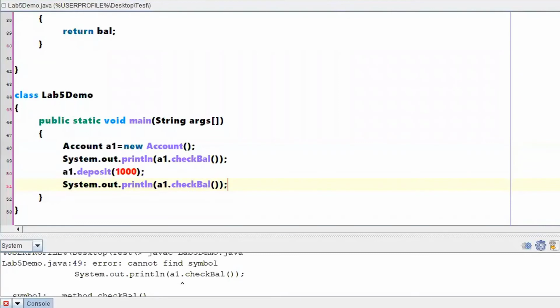That means every time you execute these instructions, everything will be done from the scratch, from the starting. If you want to have a persistent value, then these balances need to be maintained in a DB. So we are not implementing a DB application, we are just using normal objects. So whenever you rerun the program, values will be reinitialized again.